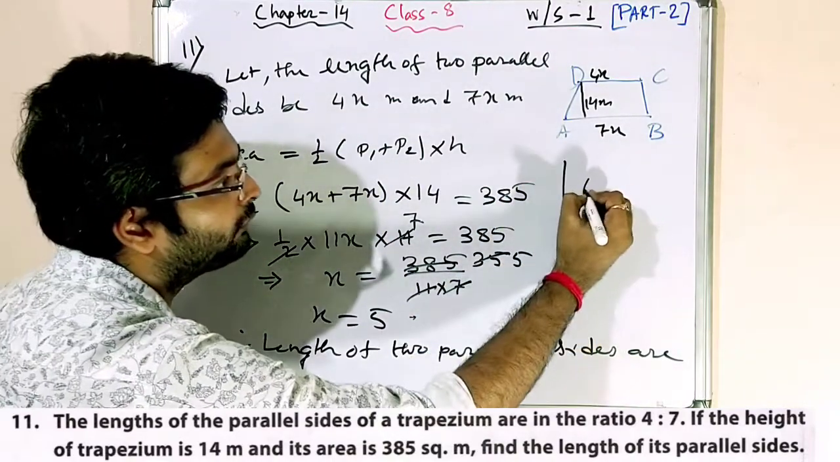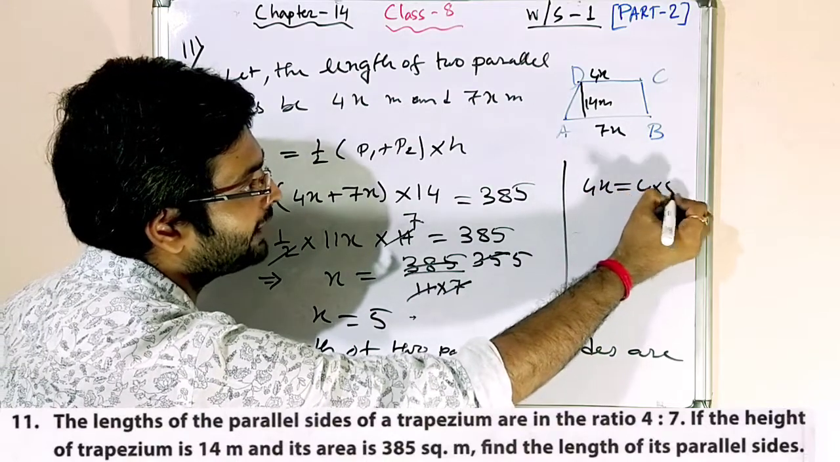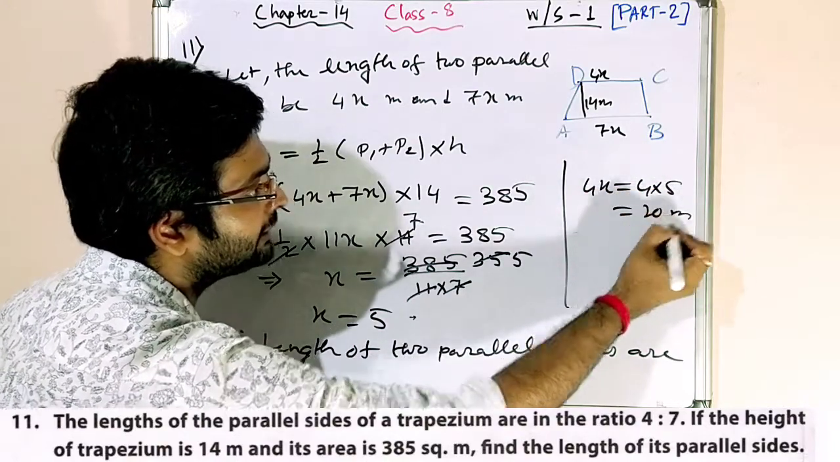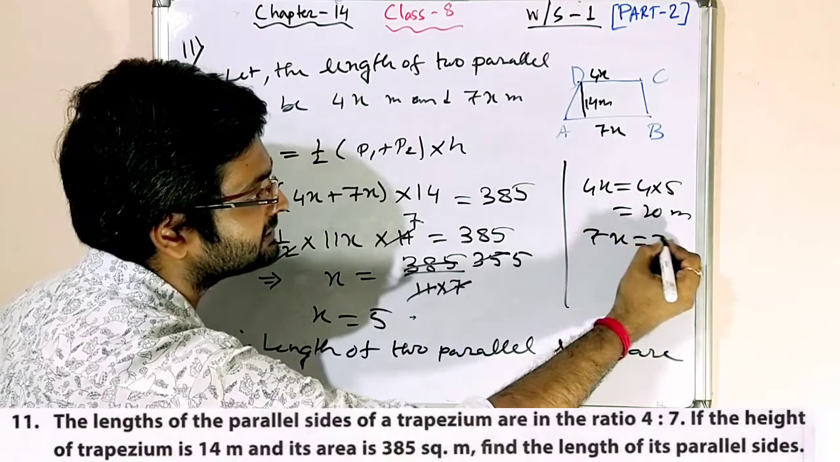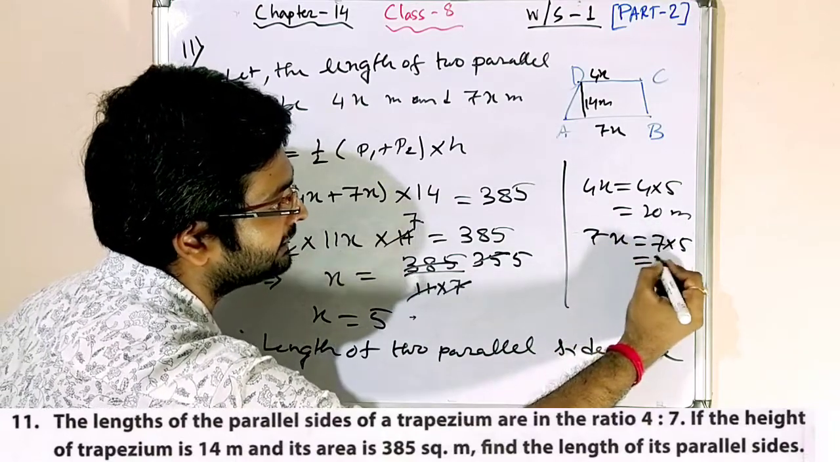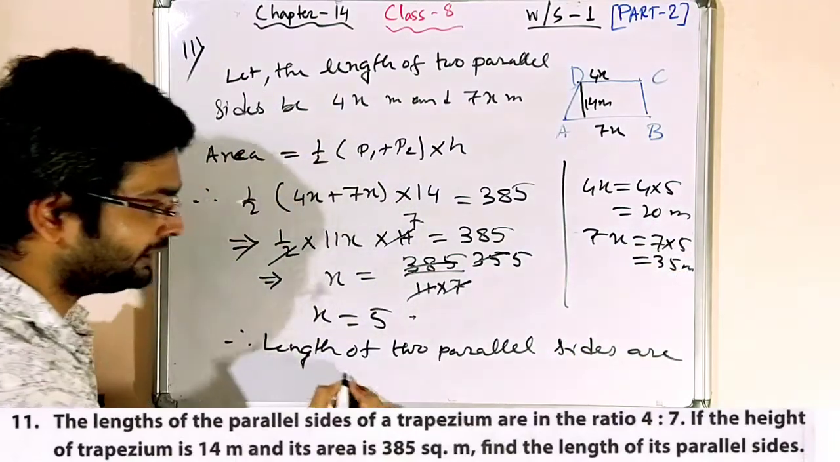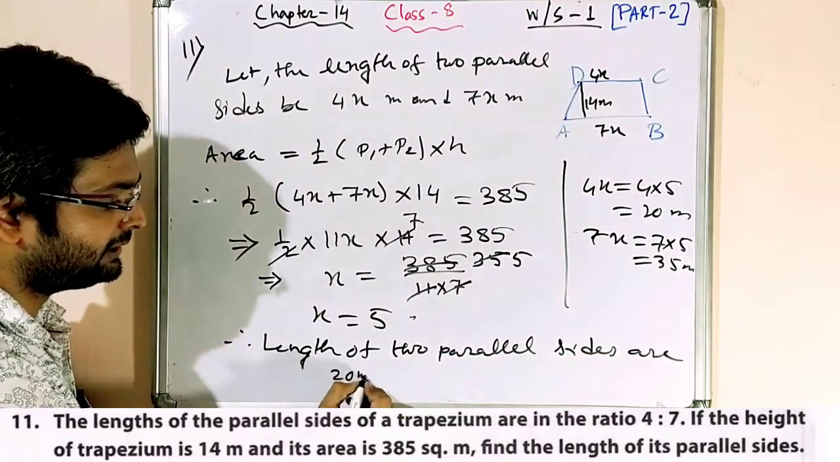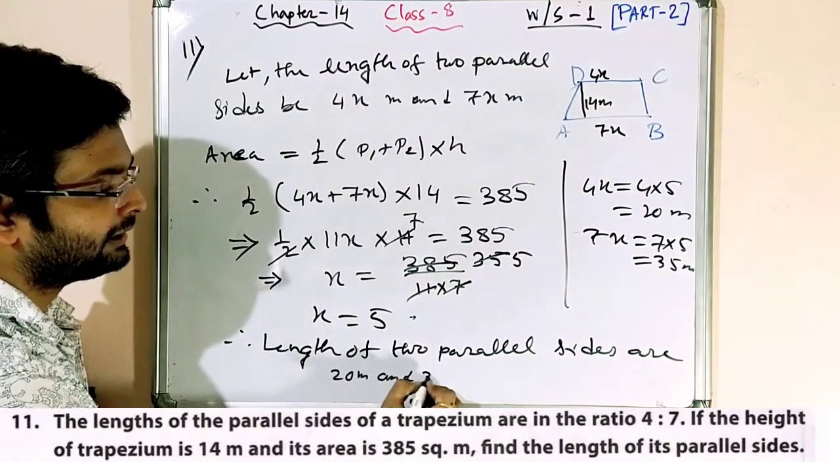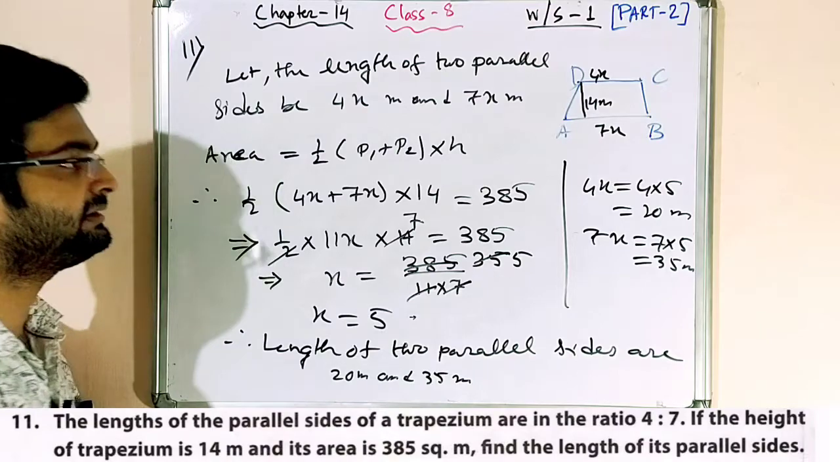तो अब चलो कर ही देते, यहाँ पे कर दे। 4x इक्वल्स टू व्हाट? 4 इंटू 5 दैट इज 20 मीटर। 7x इक्वल्स टू व्हाट? 7 इंटू 5 दैट इज 35 मीटर। सो वन कैन राइट 20 मीटर एंड 35 मीटर। दिस इज डन।